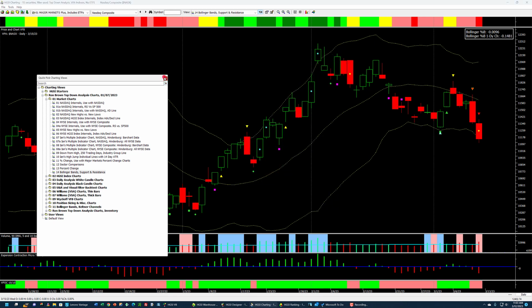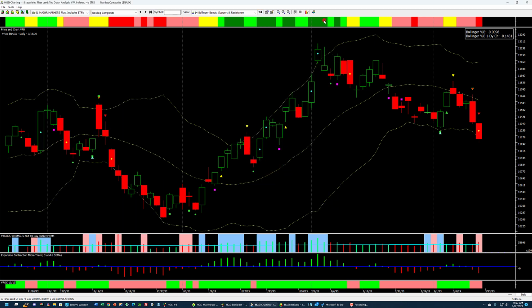So if you're familiar with Bollinger Bands, this just gives us a quick visual for strength and weakness. You can see that as it shot down, or as it broke through the yellow into the red, that would signify a change in character as it went from dark green to yellow, and then to rose, and then finally to red. And then there was a rebound up here to yellow where it got back above 40, and then it rolled over, of course. But you can see that it's at the extreme as far as the Bollinger Bands are going.